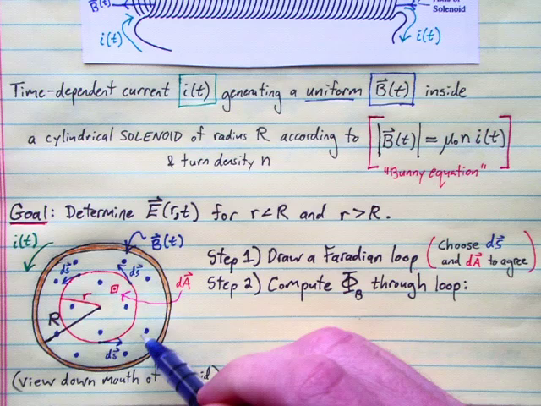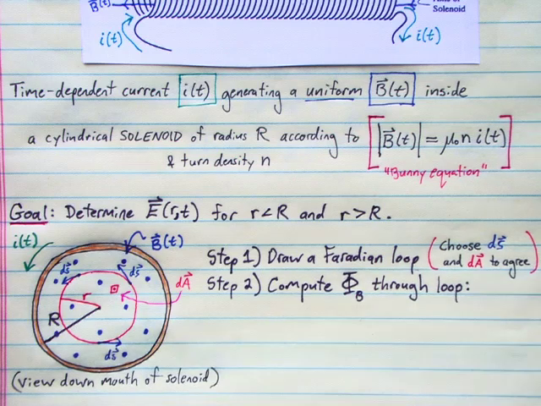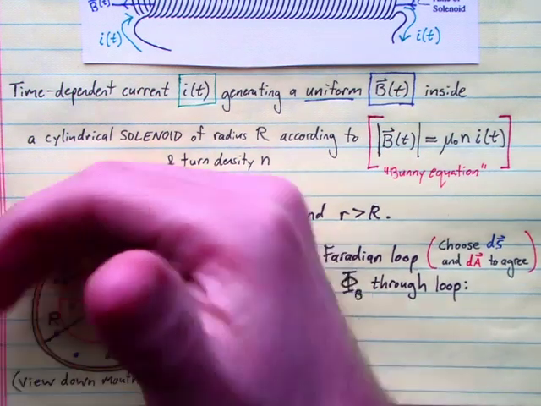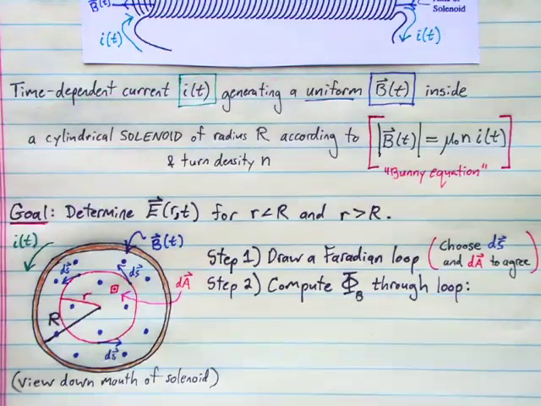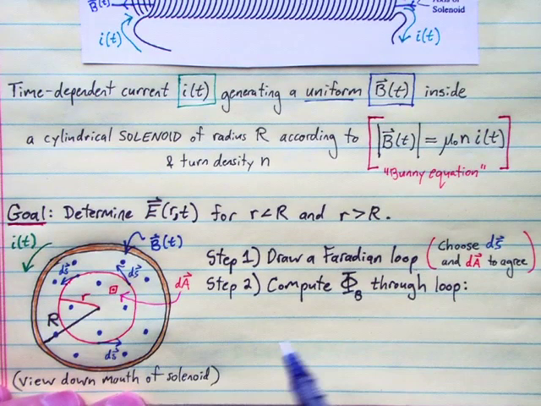And there I've taken care to choose my dS's and my dA's to agree according to the right-hand rule. dS's go counterclockwise, dA with my thumb out of the page. Okay, now that we have a front side for that loop, the side facing us, we can compute the magnetic